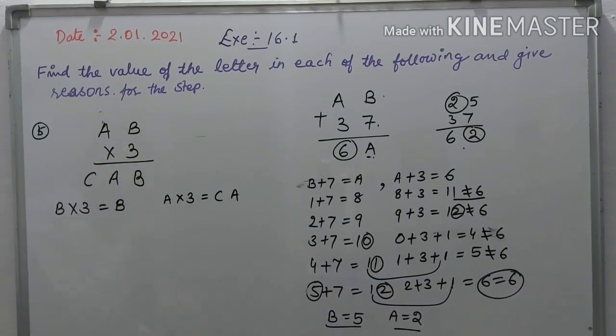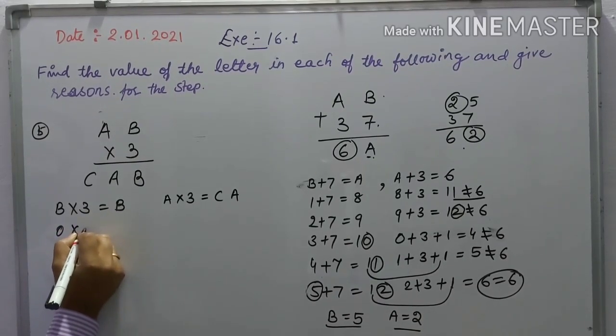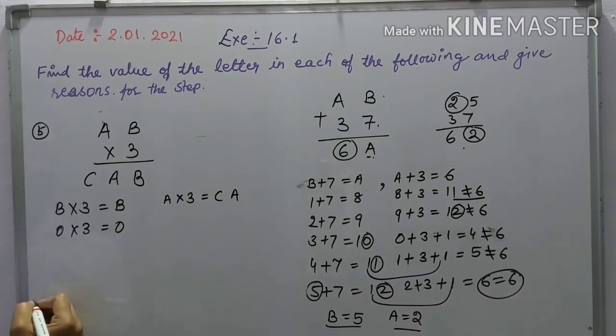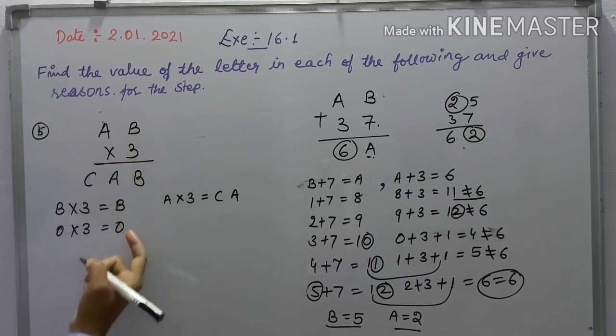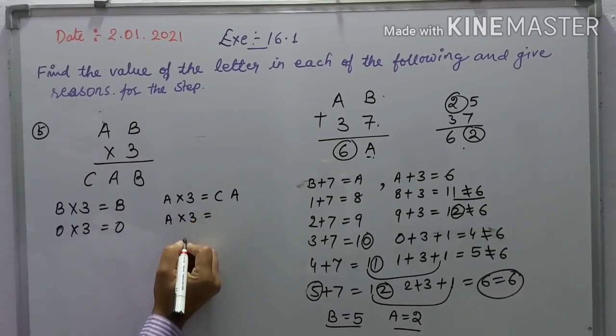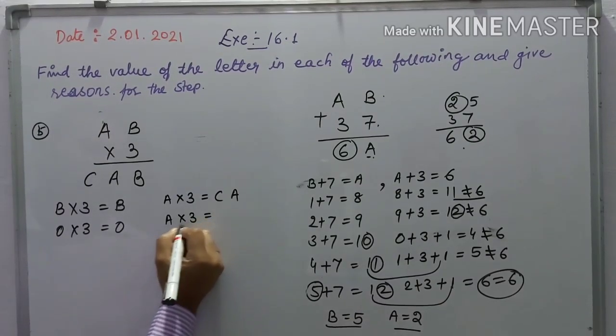Okay, the first value is, suppose B value is 0, 0 into 3 is equal to 0. So they are the same value. So now A into 3 is equal to